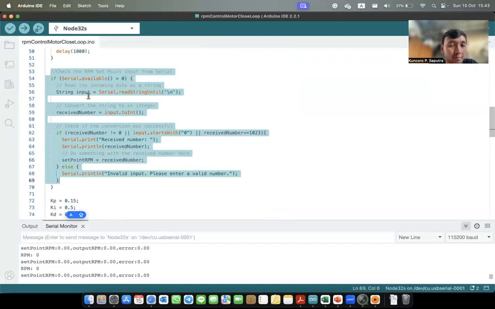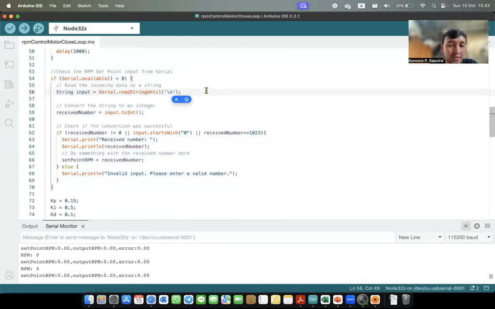If the serial buffer available is more than zero, we know that the serial buffer has data. After that, we read the data.